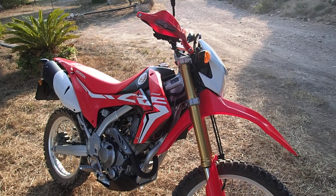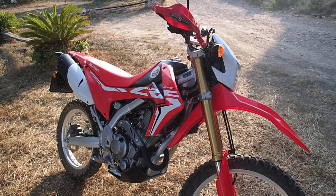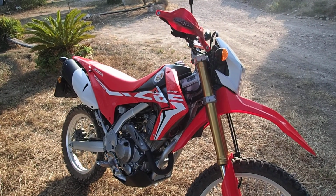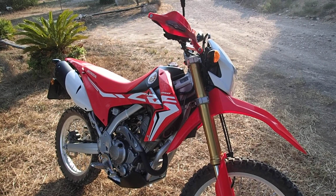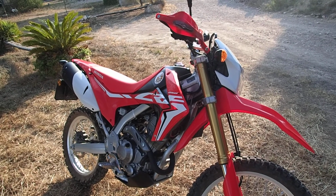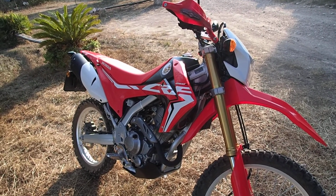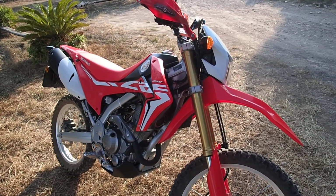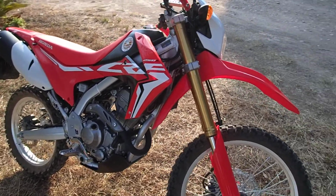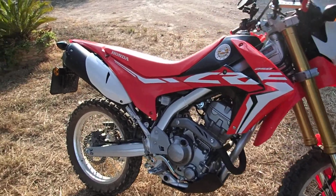Seat height is 875mm, and it squashes down quite a bit when you sit on it because it's a light bike and the suspension's fairly soft. So again, I'm 5'10", when I sit on it my feet are both planted on the ground, so you don't have to be a super tall person to ride one of these. Suspension's up to most jobs. The rear's adjustable, the front's not, but we've had various riders on it so far and haven't had much of